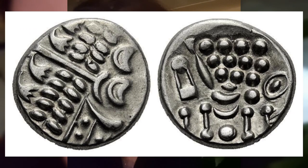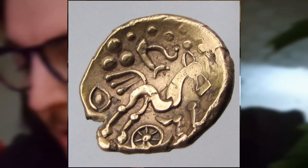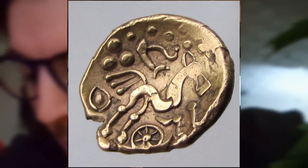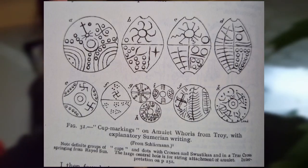As I observed that many of the ancient Britons' pre-Roman coins also were studded with circles, single and concentric, in groups or clusters. See figure in the next chapter. I'll put that on the screen for you. Which generally resembled the prehistoric cup markings, and that some of the ancient Greco-Phoenician coins of Cilicia and Syro-Phoenicia contained analogous groups of circles associated with the same divinities as in the British coins, and that many of the whorls,